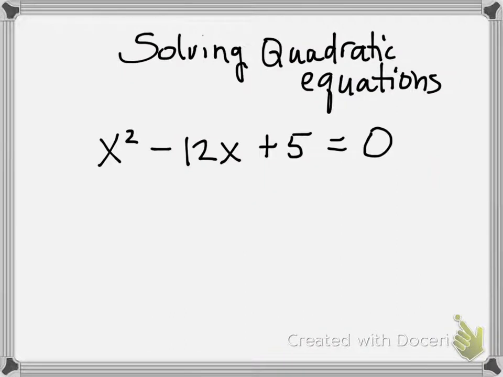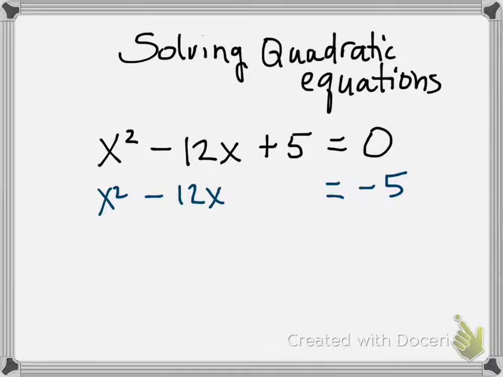So here's a quadratic equation. If we solve it by completing the square, the first step we do is we take the c, and whatever c is, we add and or subtract that amount from both sides. So this is a positive 5 on the left. We're going to subtract 5 to both sides, and this is what we end up with. We leave a space here between the negative 12x and the equal sign because we're going to add something to